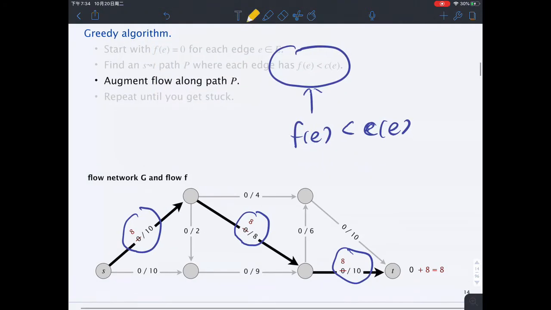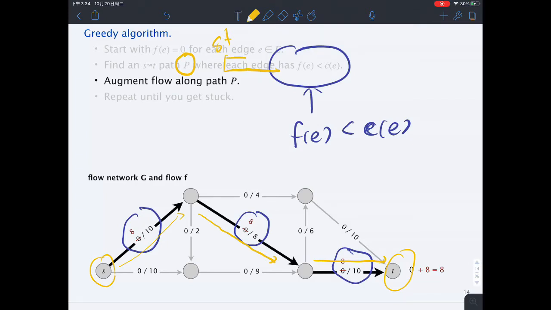So now this constraint starts to be important, right? The f_e has to be less than c_e. So now this path, we are not going to choose this path anymore, right? Although this is a path connecting from S to T, it's not valid. So we want to pass